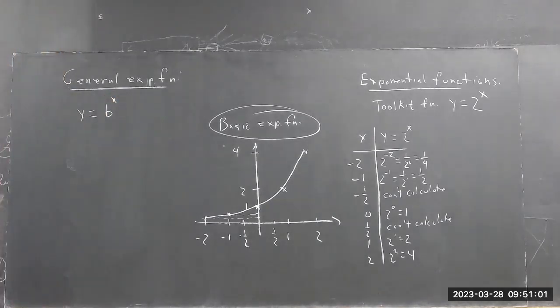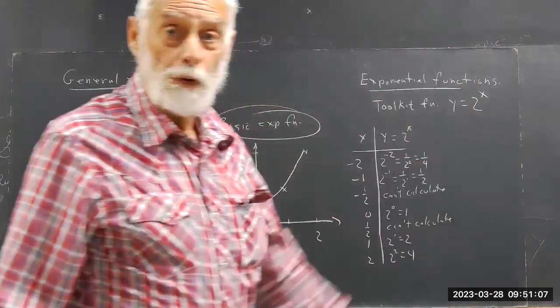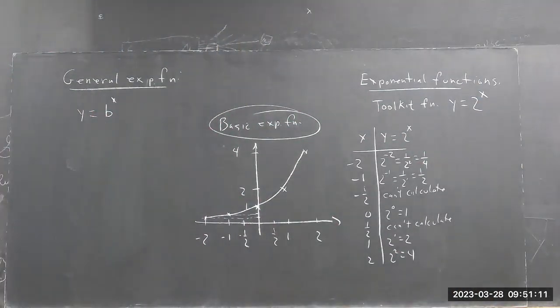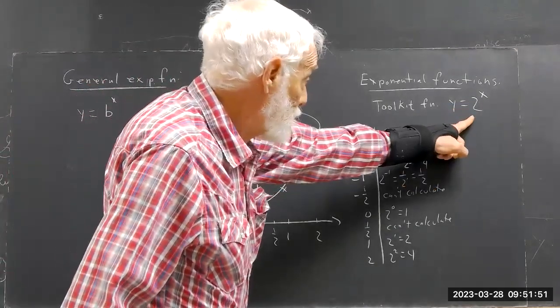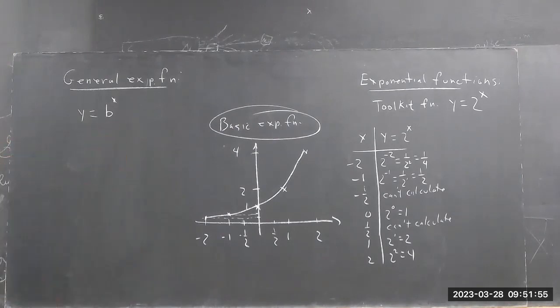Y equals b to the x. What's the difference between y equals b to the x and y equals 2 to the x? Okay, so it's fairly obvious. Difference between this and this is this has a 2 here and this has a b here. Okay, so